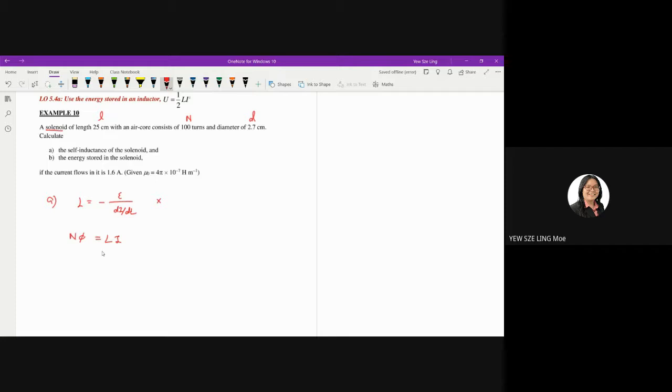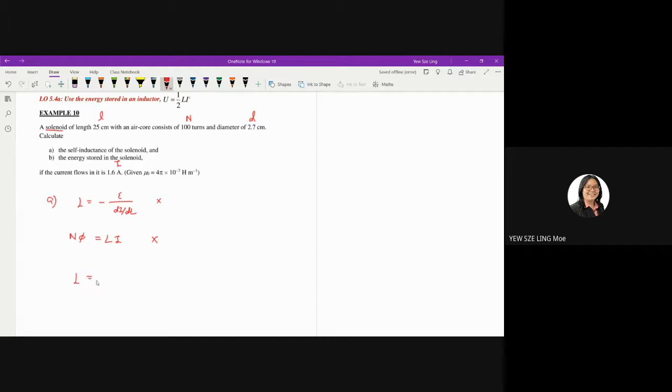Now, do we have enough information in this case? Once again, if you look at these equations, apparently no, because we don't have the flux. What we do have is just I and the N. We don't have a flux, meaning that we're going to proceed to the next equation, where we're going to use